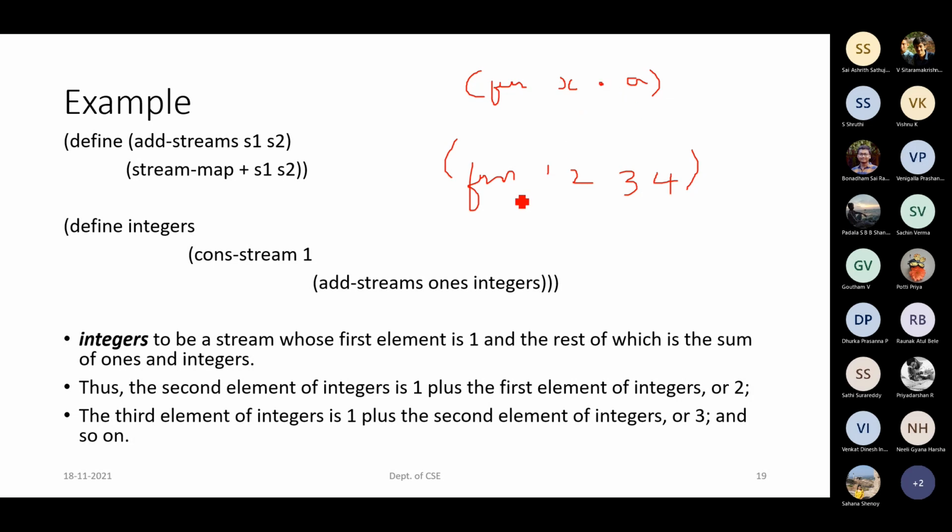So what happens is x will be taking the first value, whatever comes, which will be nothing but the value 1. Remaining all the other values will be made to be as a list and it will be assigned to this variable a. So this is what I have mentioned right now. That is the dotted extension or dotted arguments.